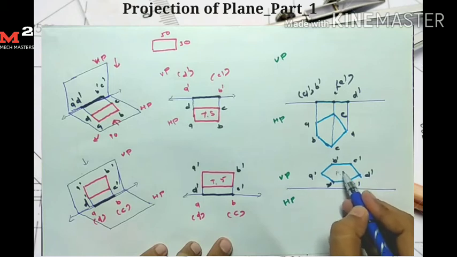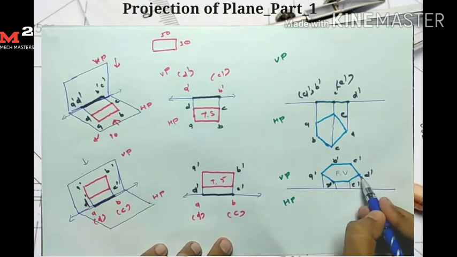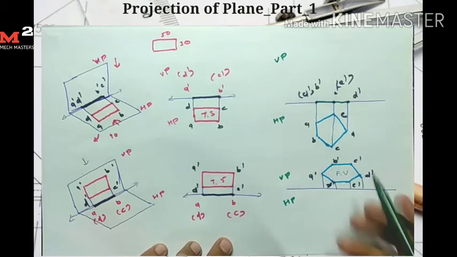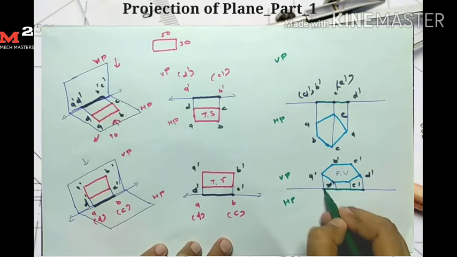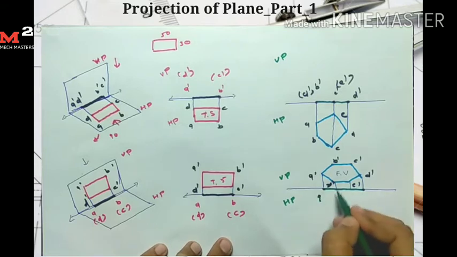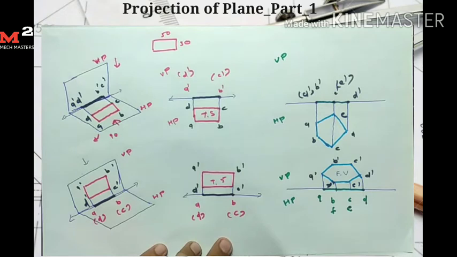Okay, so for drawing its top view, I just take projection on reference line at here. Okay, so here I get my top view. I get my A dash point at here, A point at here. Here I get my B point and F point. Here I get my C point and E point, and here I get my D point. Okay, I indicate the point F in bracket and E in bracket, because these points are hidden points.